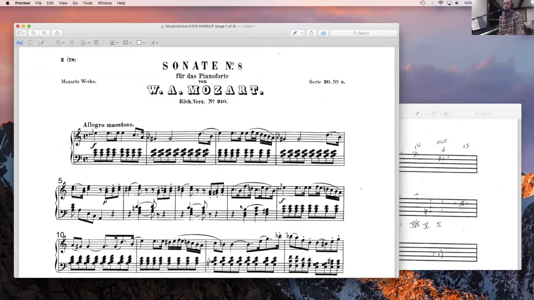Now, it is worth pointing out here that it would be easy to say, well, yes, that's a cadence, but we're still in the home key, and we've got the main theme again. Right? We get that again. But that's where we have to remind ourselves that it's the cadence in the home key that really ends the main theme. And it's very common to get a repeat of the main theme at the beginning of the